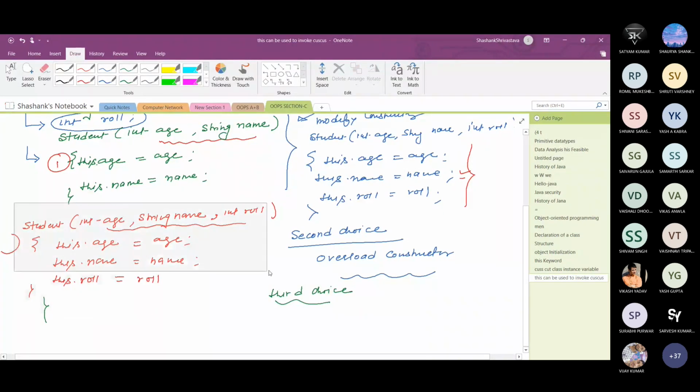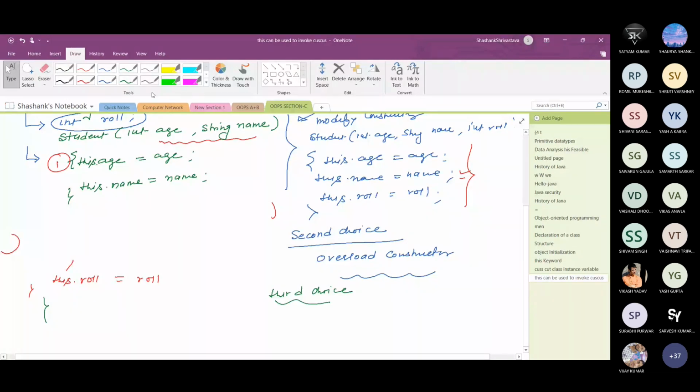Okay, fine. Now what I can do here is, because these two variables are initialized with the help of this constructor, I just overload the constructor.